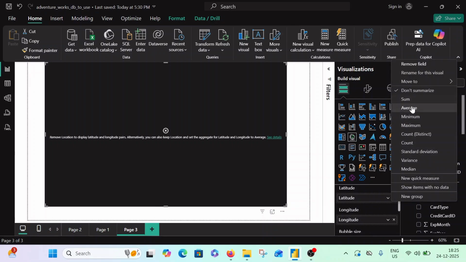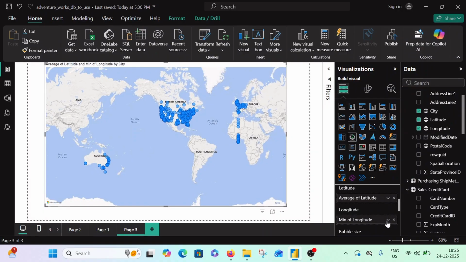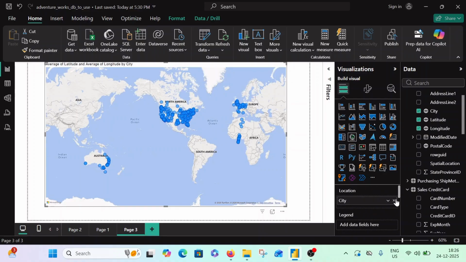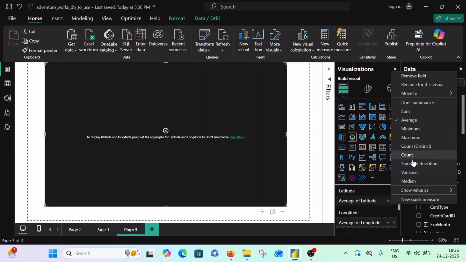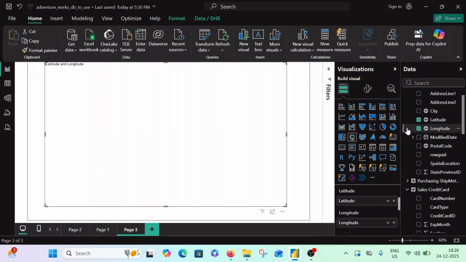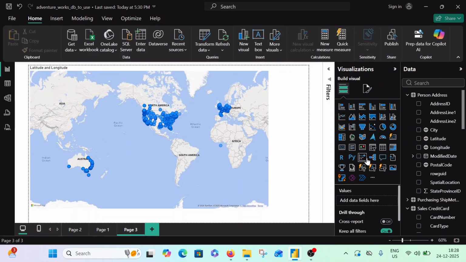And now when I change the latitude and longitude into an aggregate, which is an average over here, it will again show me the data. So this is a simple thing, but it may confuse a lot of people, about what we should use and what we should not use. My recommendation is to use whatever data is good in your entire database. If city is perfect, you use city with average of latitude longitude, or even if you don't use latitude longitude, it will work. If latitude longitude is great in your data, you use that. I'm showing over here what happens if you change these settings.